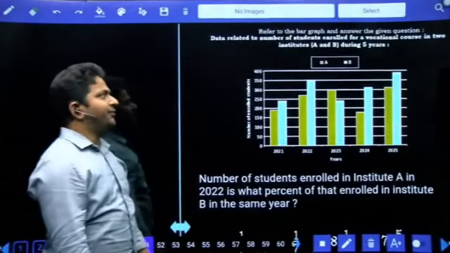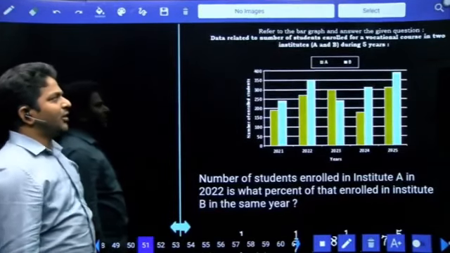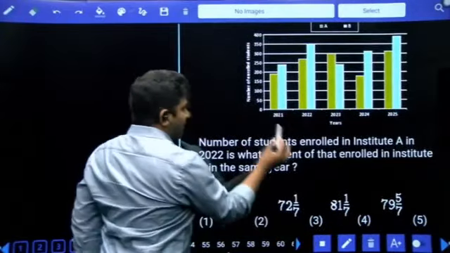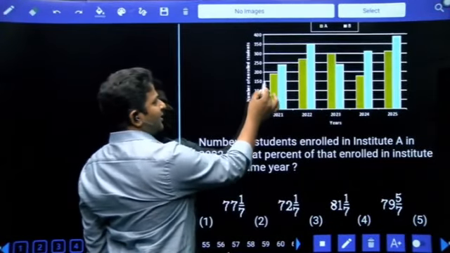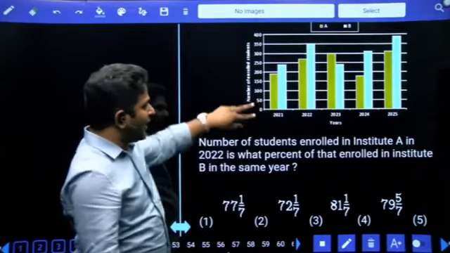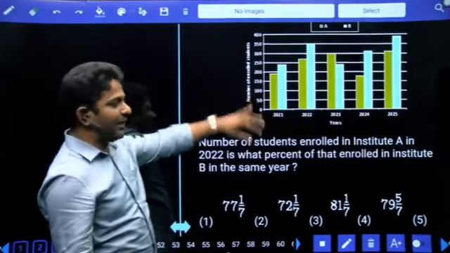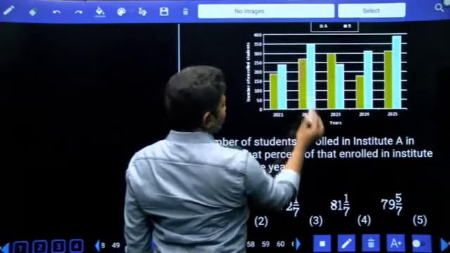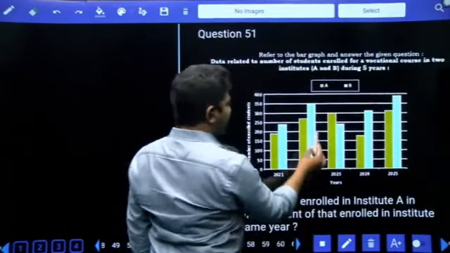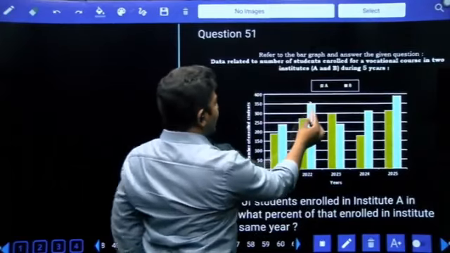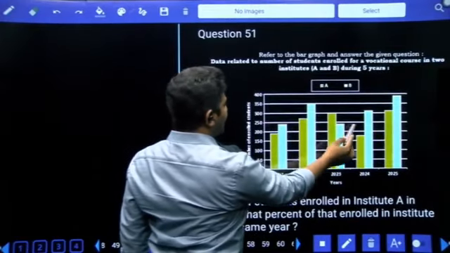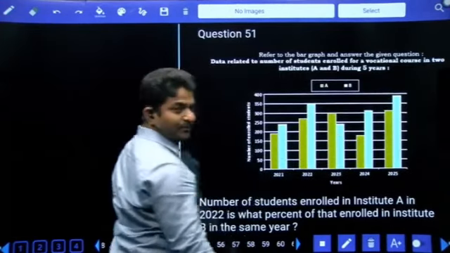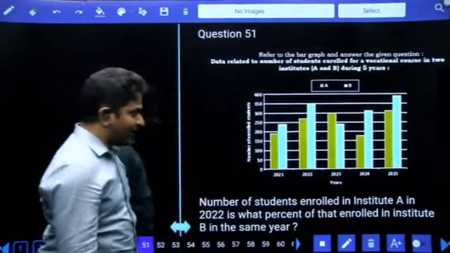Data regarding number of students enrolled for vocational courses in 2 institutes A and B, right? So here 0, 50, 50, 100, 100, 150, 50 gap we have, and between them we assume 5 lines. Then this becomes 190 and 240. The next one is 270 and then 350, 300 and 240, 180 and 310, 310 and then 390. These are values. We have to write them in a table.